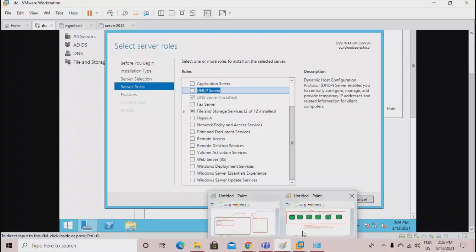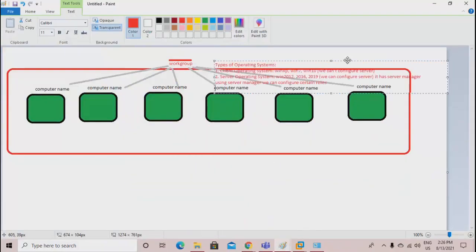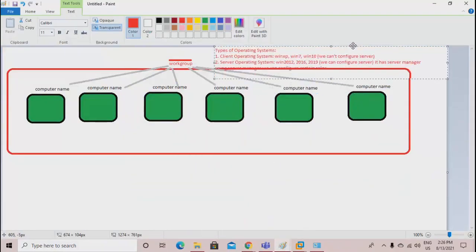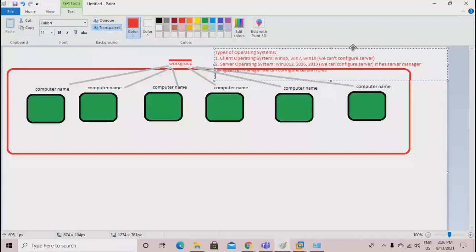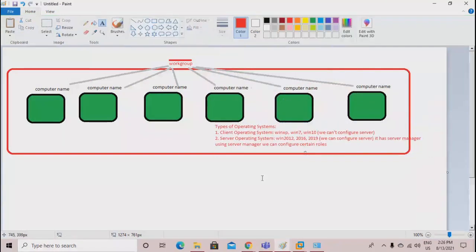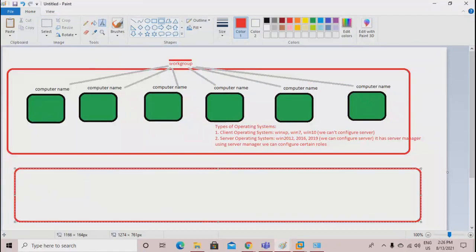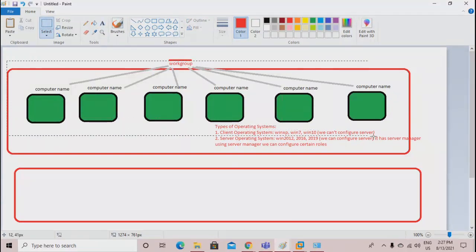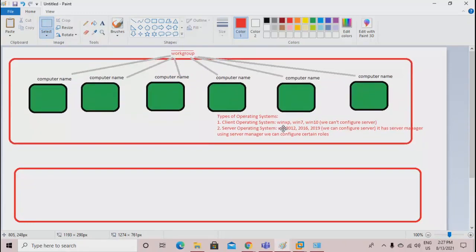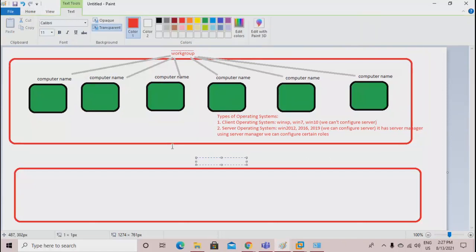Now, I'm adding it here separately. I'll just skip it. Now, again, if I create another network, so one type of network is workgroup, and the other type of network that we can create is called a domain.